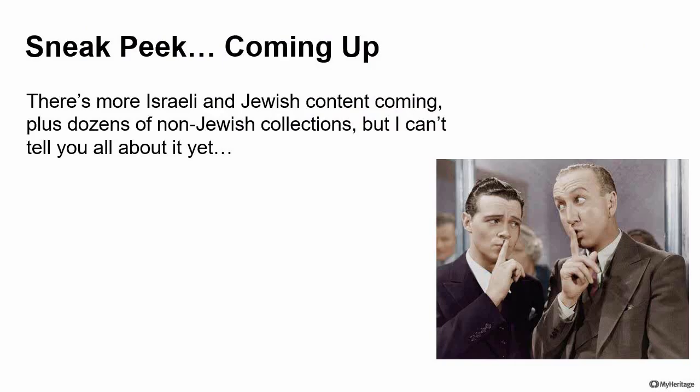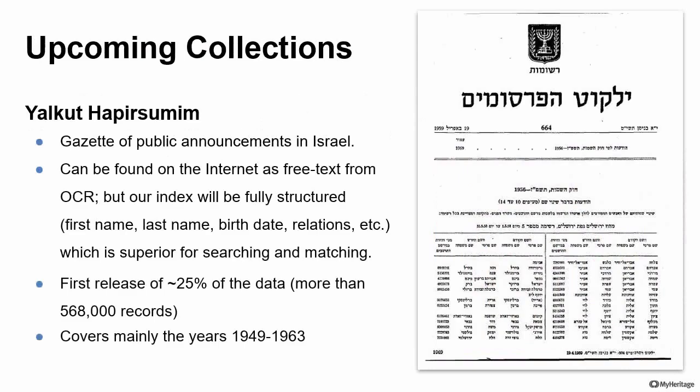A little bit of a sneak peek that I can give you on the upcoming Jewish collections in MyHeritage. One is the Yalkut Pirsumim, or the Gazette, that published announcements in Israel since 1947. We are doing not only OCR, but transcription of the names, making sure that first names and last names are all identified in this collection. Now, it's a huge collection. We hope to have it released